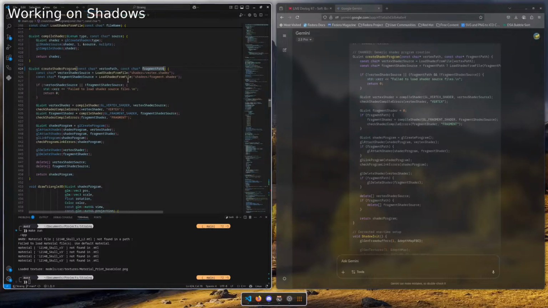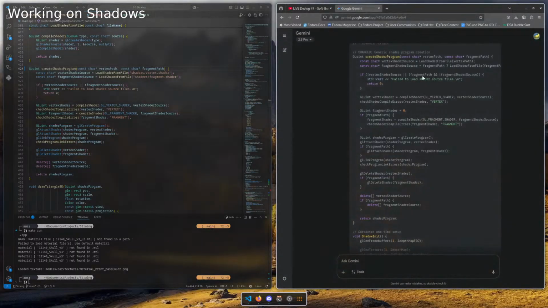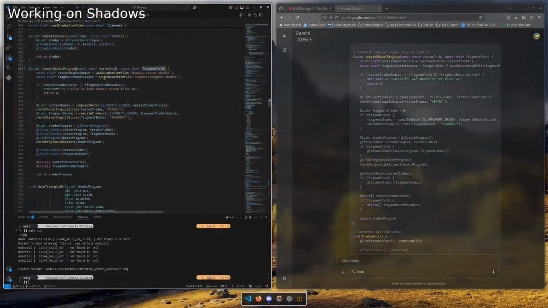So for the vertex, it is very straightforward. Load shader from file, vertex path.